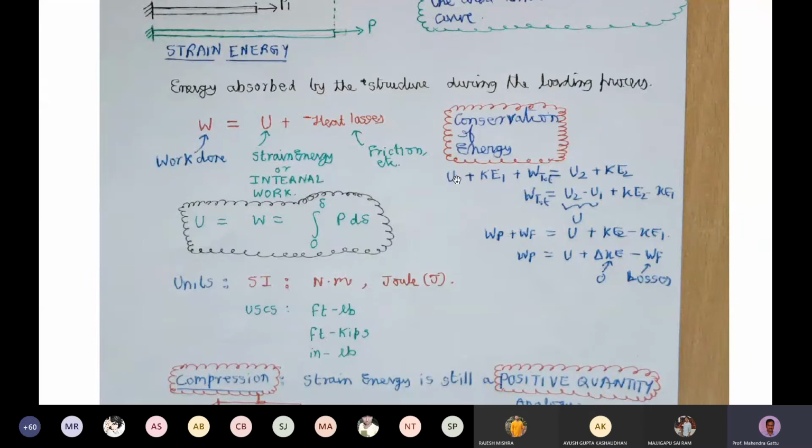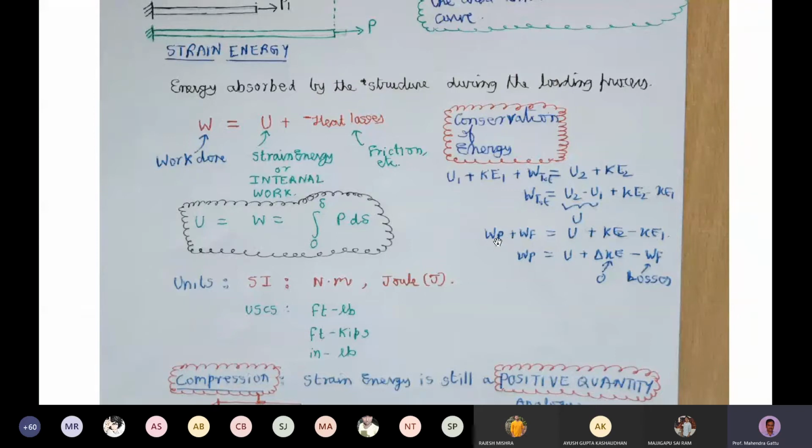So what we can do, we can send this U1 term and KE1 term to the right. So we have work done by remaining forces other than gravity, spring force, and other potential energy forces. So external loads and all will come here, and also friction force will come here. So that is equal to change in potential energy plus change in kinetic energy. Since we are dealing with a quasi-static problem, these potential and kinetic energy terms we can neglect; they will be 0.